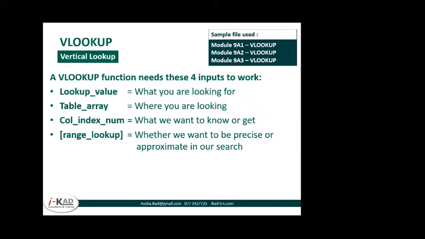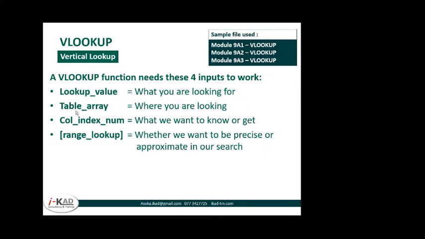Now, sometimes you come to a situation where, if you take the invoice and the invoice item, the invoice number is duplicated in the invoice item, right? Then how to get a VLOOKUP? Then you have to merge 2 fields and create another field. In the invoice case, invoice number and item number, when you merge both, that is unique. So that way we can do it. So there are techniques like that. We don't need to go that far, but it has to have a unique field in the reference table where you're looking.